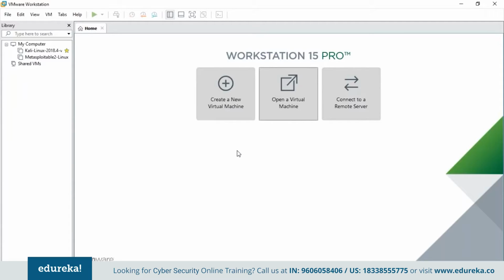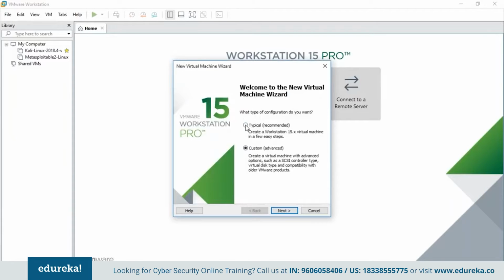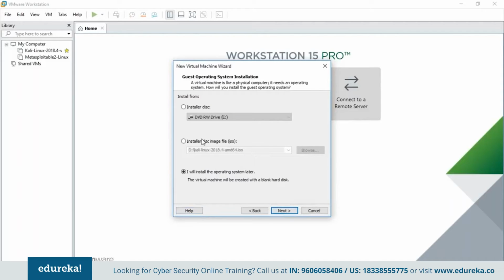Anyway, since we have downloaded the ISO file and extracted it, let's use the Create a New Virtual Machine option here. So let's go for Typical. The difference between Typical and Custom is that Typical skips most of the steps, so after installing, we can make additional settings. But if you want to make all the settings before installation itself, then you can use Custom here. But let's use Typical. Click on Next. And here it says Install disk image file, the ISO option. It mentions here. So Browse.